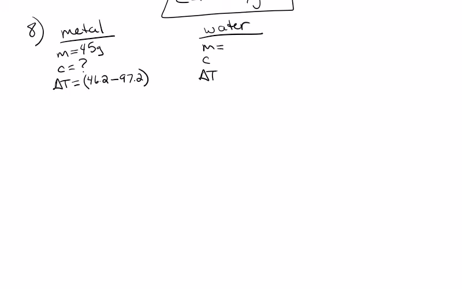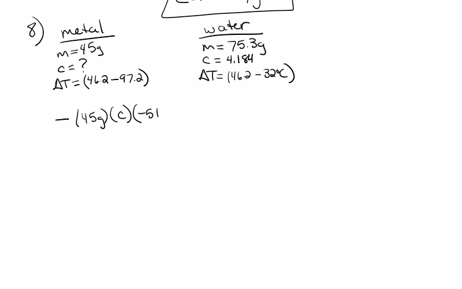Okay, the mass of the water was 75.3 grams. The C value always the same, 4.184 for water. And the temperature change, we went from a final temperature of 46.2 from our initial temperature of 32 degrees Celsius. Okay, plug and chug. Negative 45 grams times C times our temperature change, which is a negative 51 degrees Celsius, is equal to our positive 75.3 grams times our heat capacity for water, 4.184, okay, times our temperature change, which